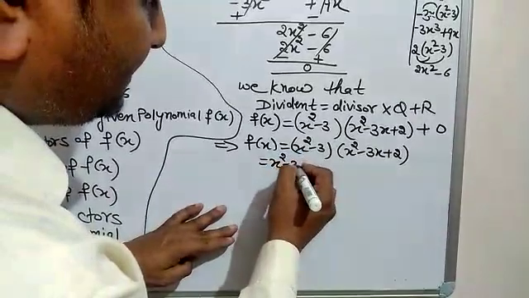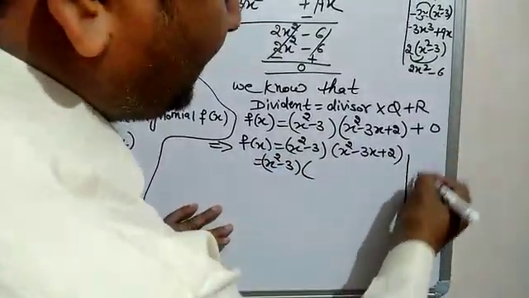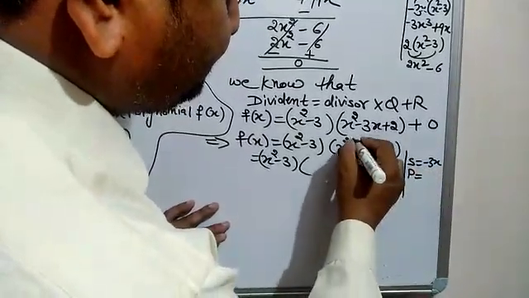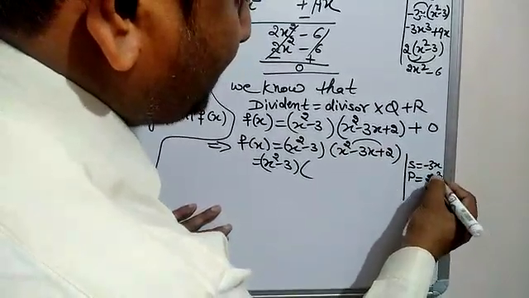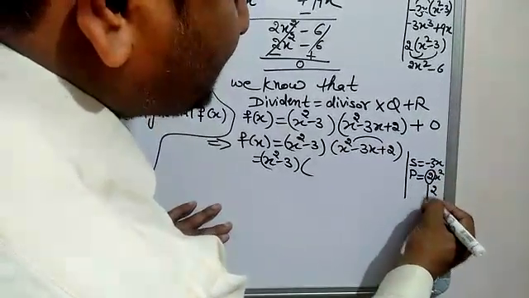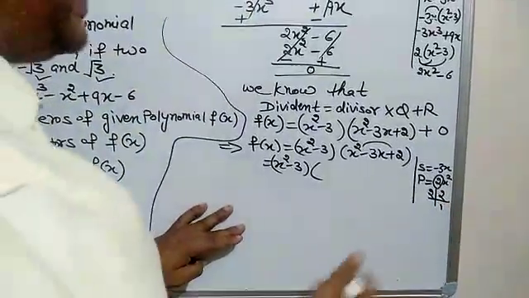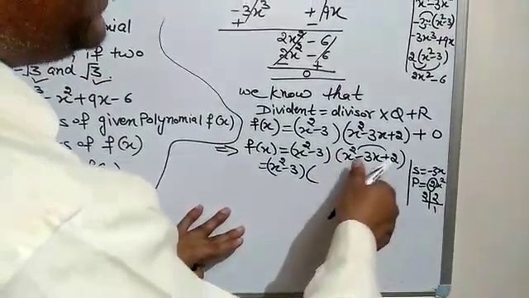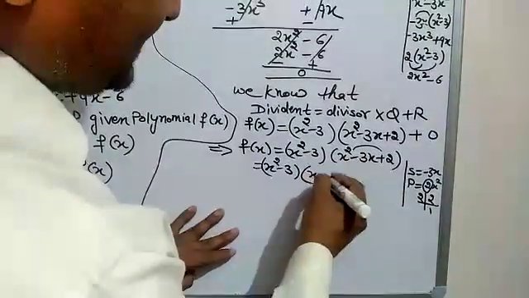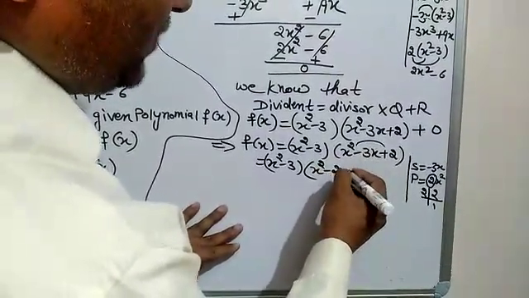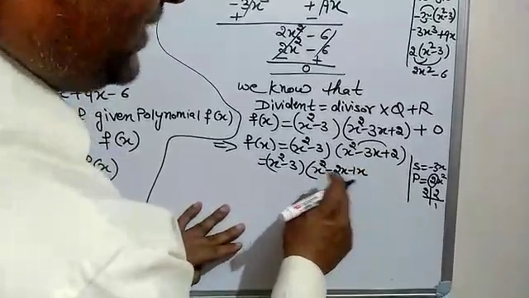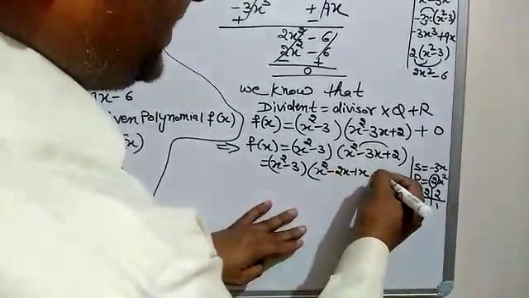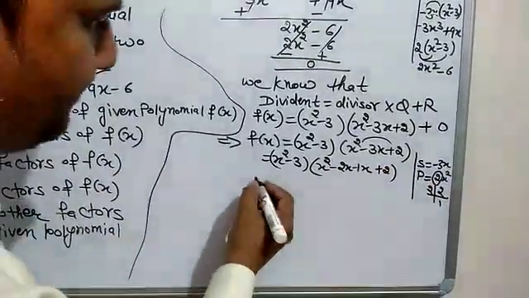So let it be solved. x square minus 3x plus 2. By the rule, students, the sum is equal to minus 3x, and the product is equal to 2x square. So by the rule, we have to split 2. We can split 2 in such a way, 2 ones are 2. So we have to shuffle 2 and 1 in such a way that we get our sum minus 3x as well as our product plus 2x square. So see, x square at the place, minus 2x minus 1x, minus 2x minus 1x is minus 3x, and all multiplication is 2x square plus 2 at the place. So see, we can solve this.